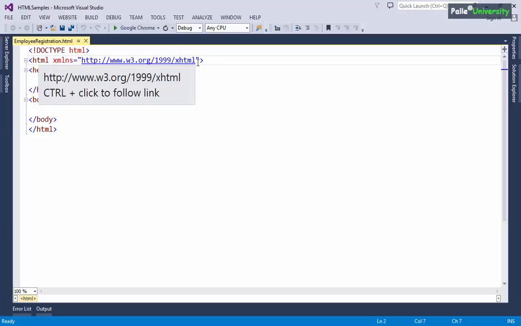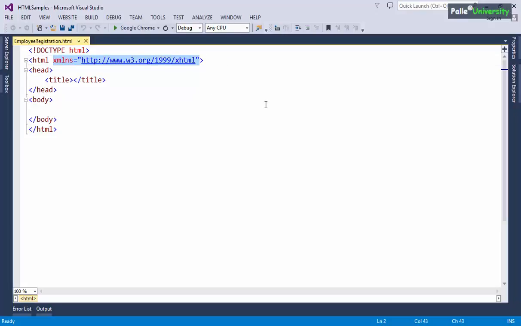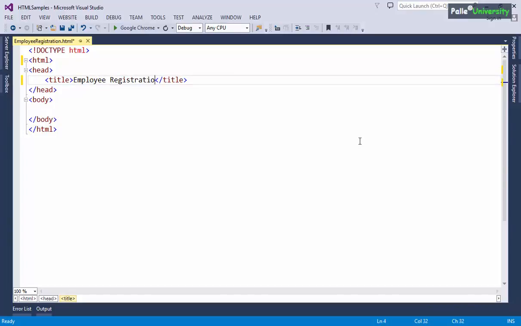If you are not familiar with XMLNS, or if you don't know what is that XMLNS, and if you don't want to see that, I recommend you to delete it. And even if you want, you can delete this doc type also, no issues. So first let me give the title for my web page. I'll call it as employee registration, and inside the body tag, I have to write some HTML code for creating